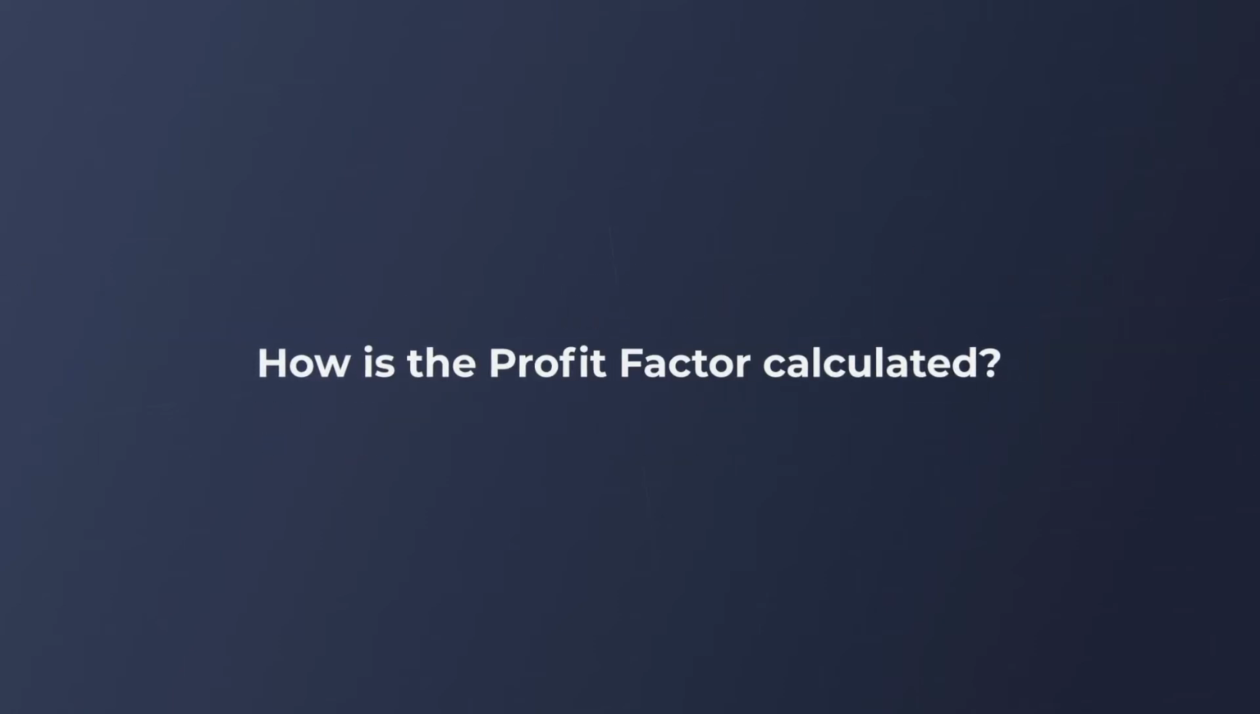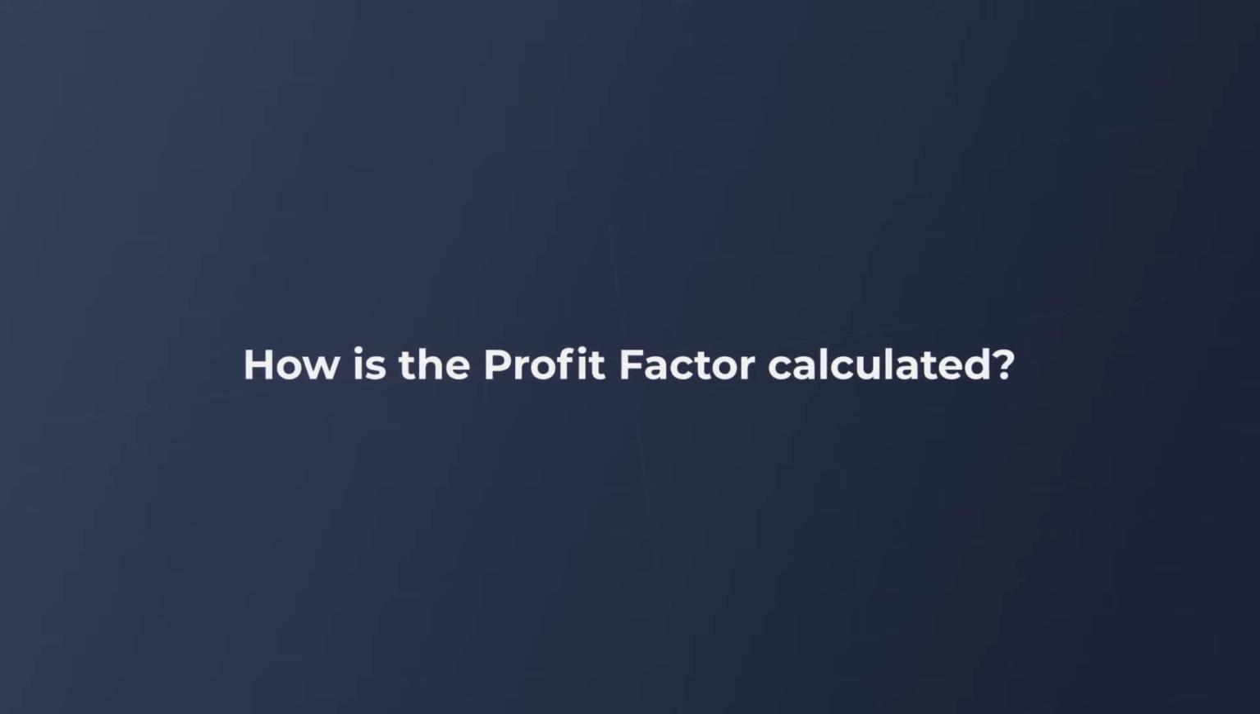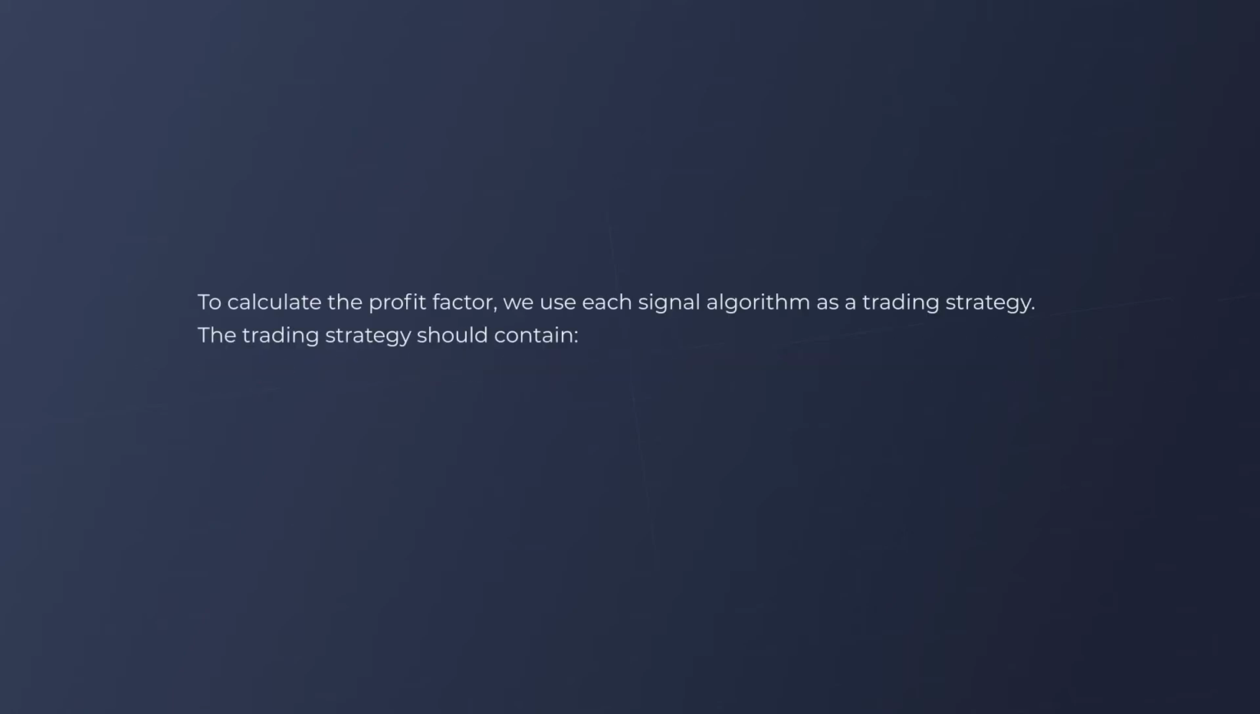The profit factor is an indicator of the efficiency of a trading strategy, defined as the sum of all profitable trades divided by the sum of all losing trades. The trading system is profitable if the profit factor is higher than 1. To calculate the profit factor, we use each signal algorithm as a trading strategy. The trading strategy should contain rules for opening positions, the moment the signals appear, rules for assigning stop orders,